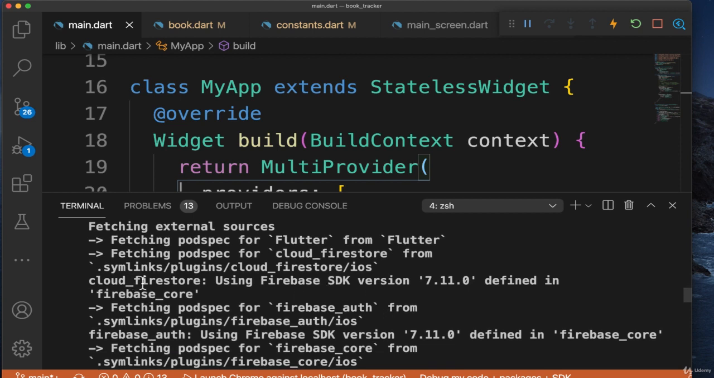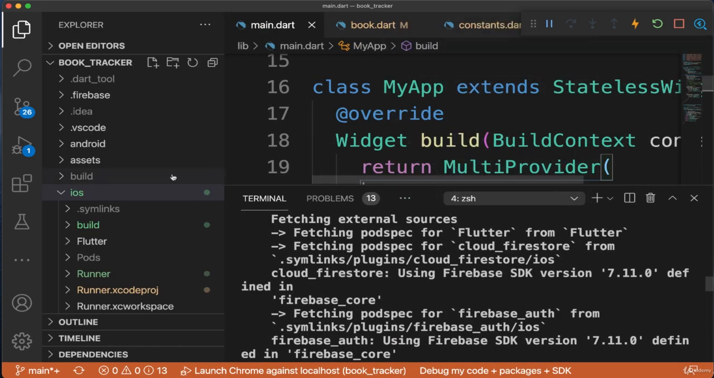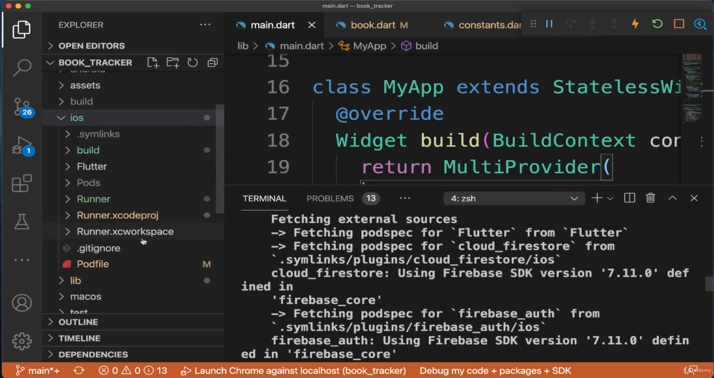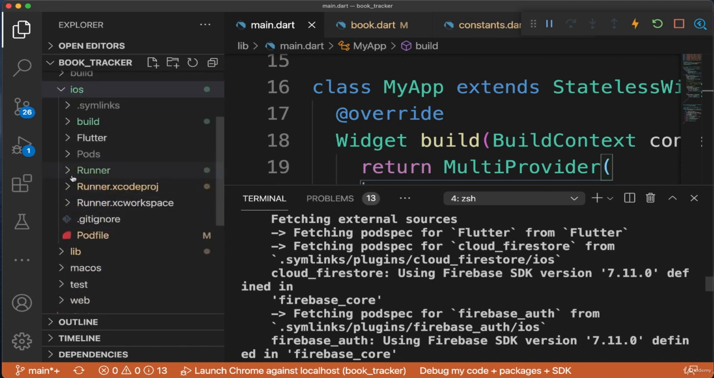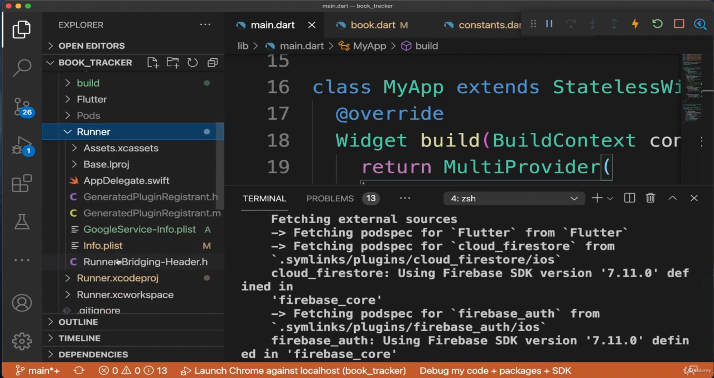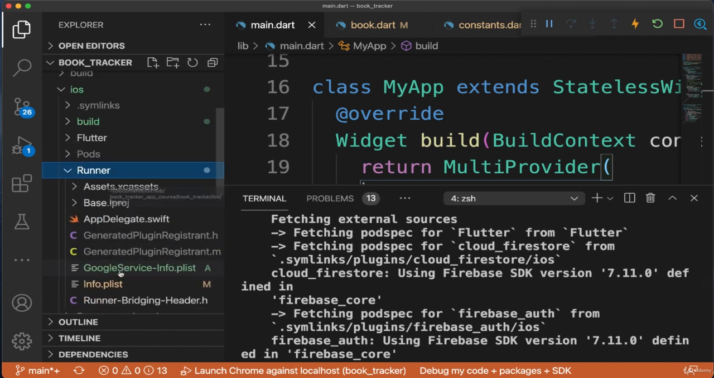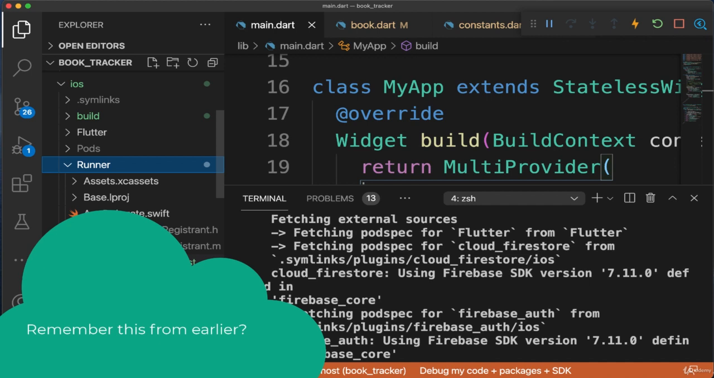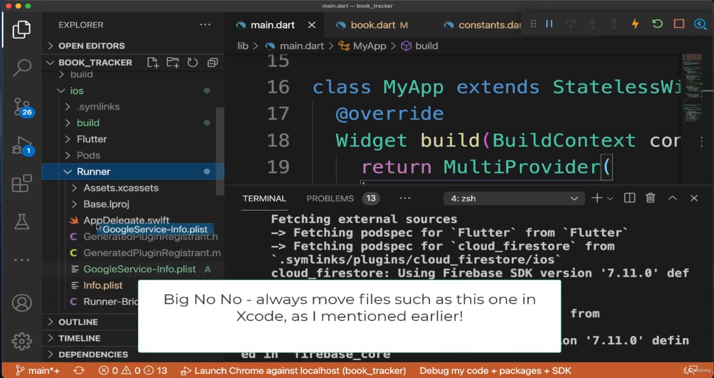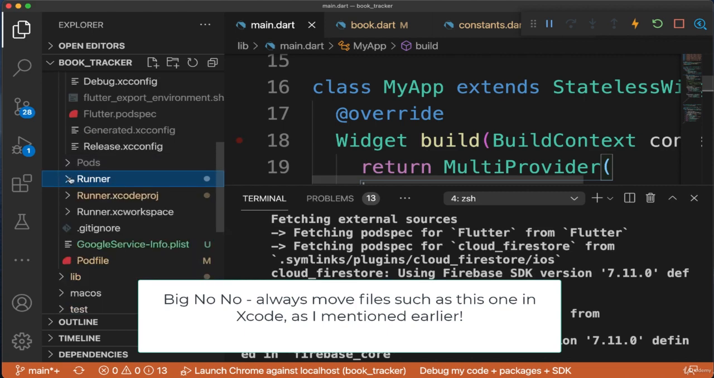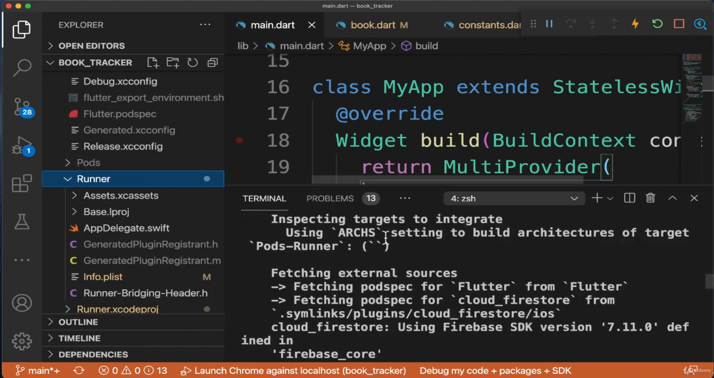So it looks like our Cloud Firestore is using Firebase SDK version 7.11 defined in Firebase core. And one thing I noticed, it was my mistake, is that if we go to runner, notice that we added this Google service here. Actually, this has to be outside of the runner. So that was my mistake. Let's move that. That's very good. So what we're going to do, we're going to run again,